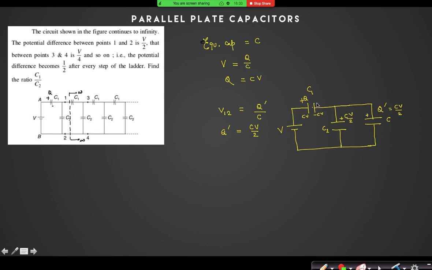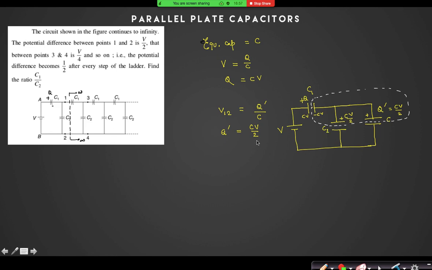Which three plates I am talking about? These three plates are isolated, right? So in these isolated plates, I can say if this is minus CV, then the addition of these two will be plus CV. And I have found this is CV by 2, so that should be also CV by 2,